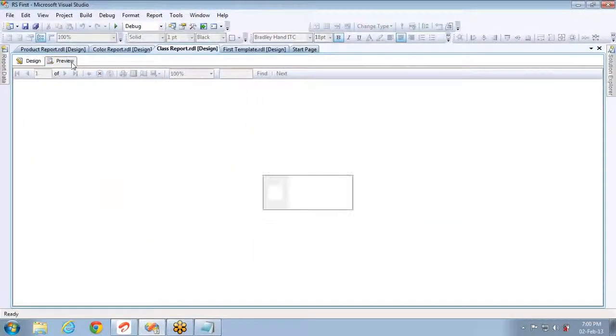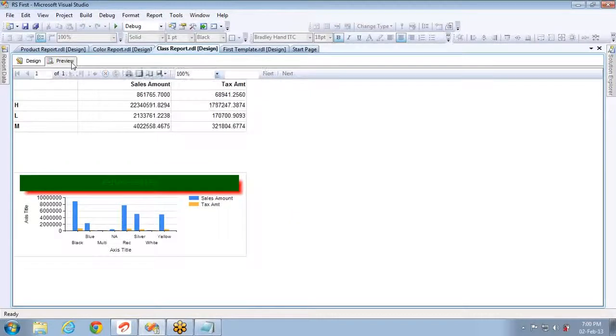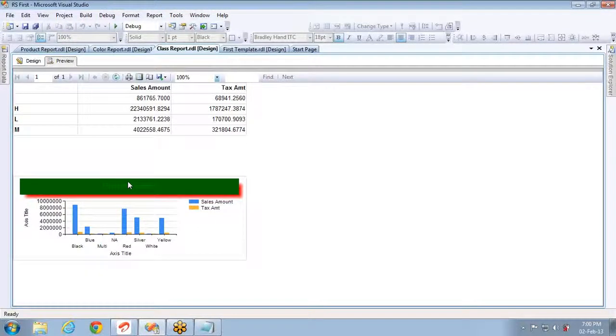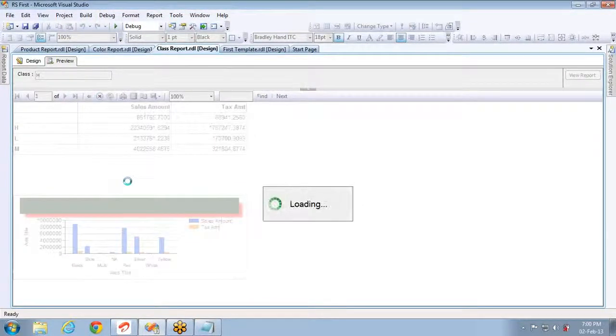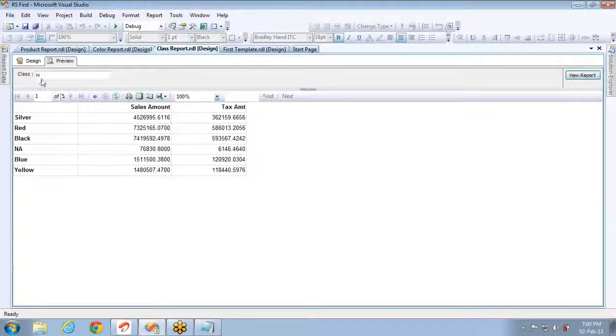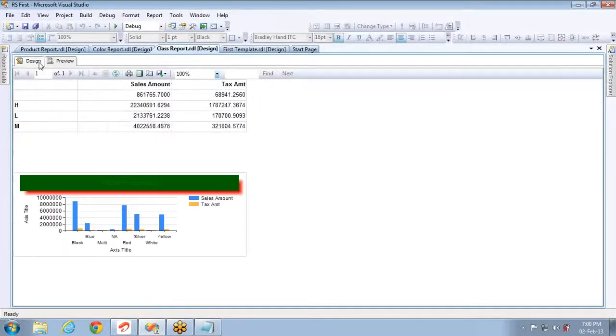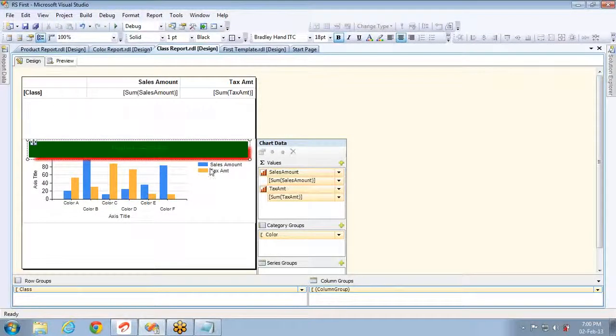Now let me execute this and show how the report looks. Not only how the report looks, I want to test the drill through action. If I click on this report, now you can see a hand icon is coming. If I click on this, it has to take me to the next report, that is colors, based on the parameter selection H. This is superb, right? So these are the properties you can set for the text.